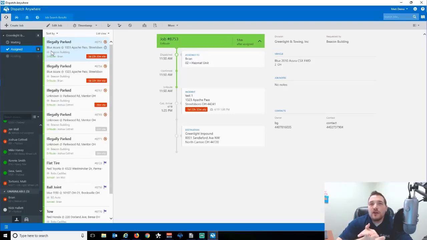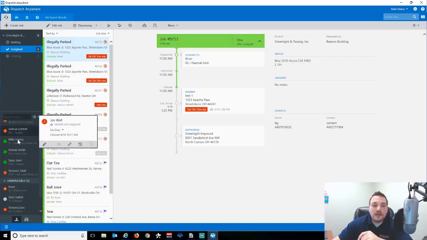I'm assuming that the first driver that goes on that call is your primary driver. Your primary driver basically is in control of everything. So that includes all the timestamps, taking payments, doing damage reports, getting signatures. That's what your primary driver is going to have access to on the driver app. Right? If I want to put a second driver on the call, let's just say it's going to be